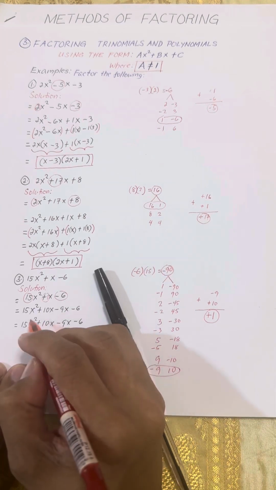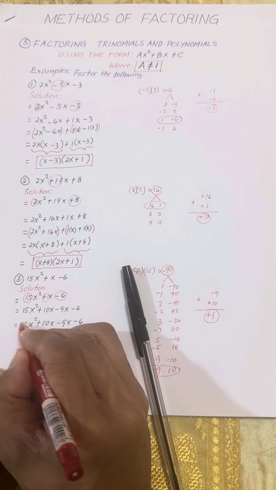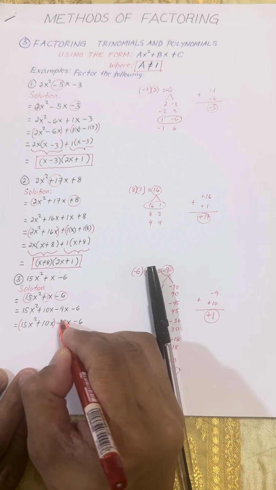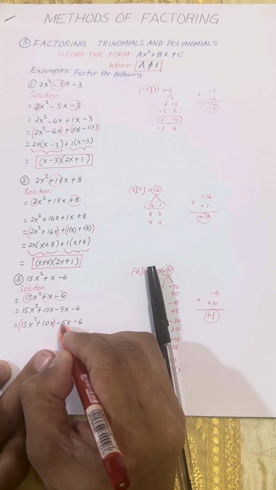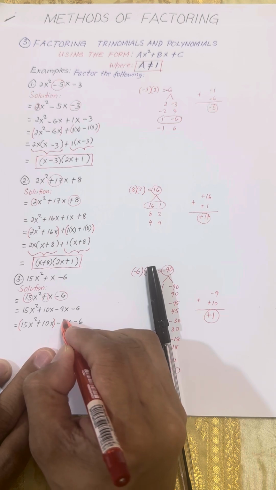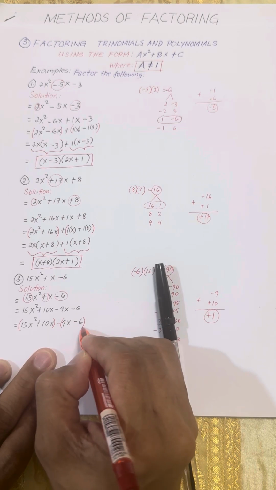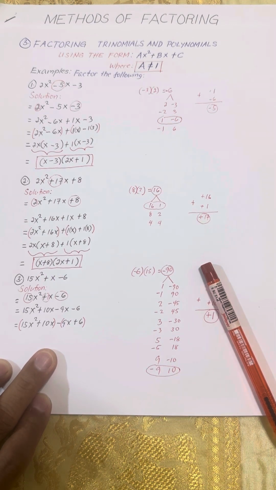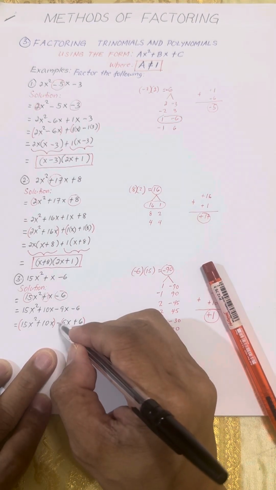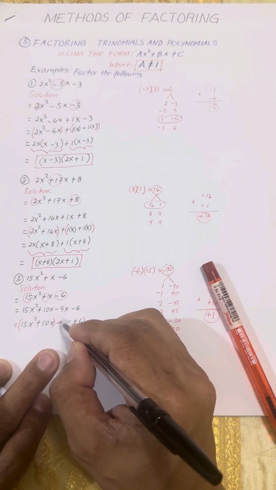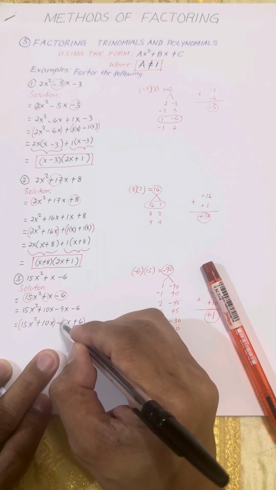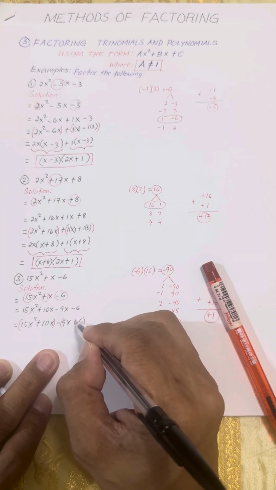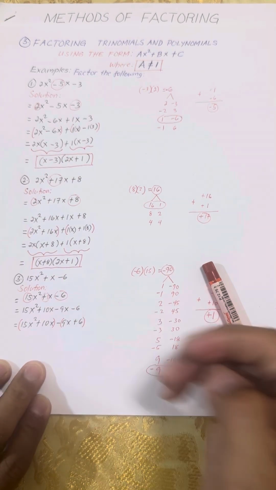So let's group them like this. One group, and then we have another group. If we put the sign here negative, this one becomes positive. Because when you distribute the negative sign, it is understood to have a hidden 1 here. So multiply negative 1 to 9x, negative 9x, negative 1 times positive 6, negative 6.